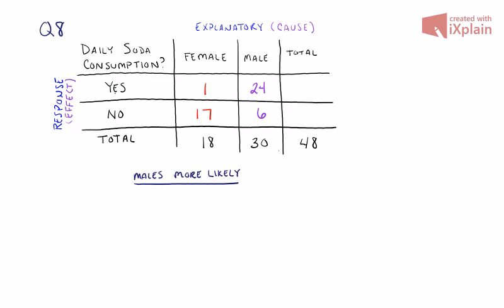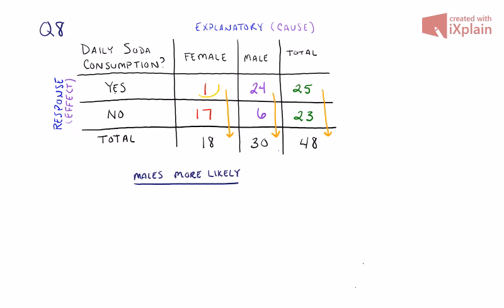You could have done this another way. You could have left the females the same, but front-loaded all the male responses into the yes cell, and then had none or very little in the no cell. I'll add up my total column. I have a grand total of 25 people who said yes, and 23 people who said no. Note that 1 plus 17 is still 18, 24 plus 6 is still 30, and 25 plus 23 is still 48. So let's take a look at those